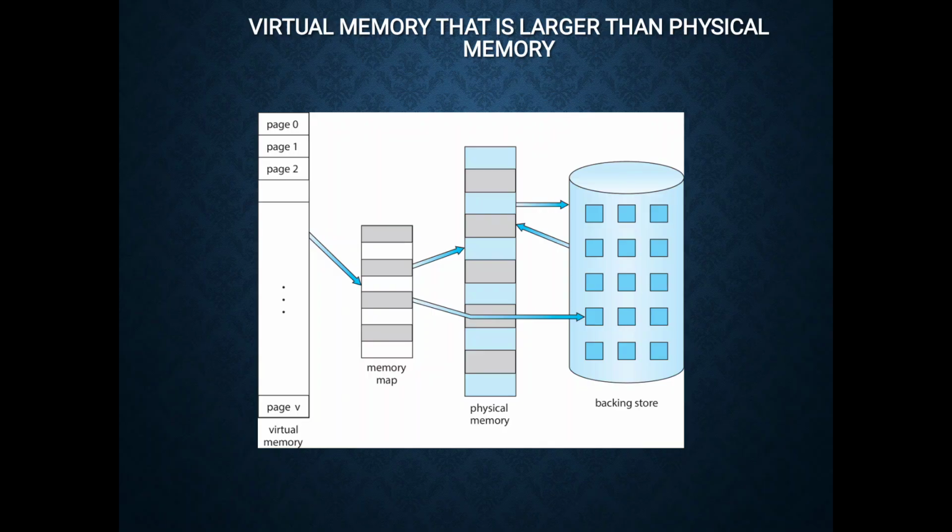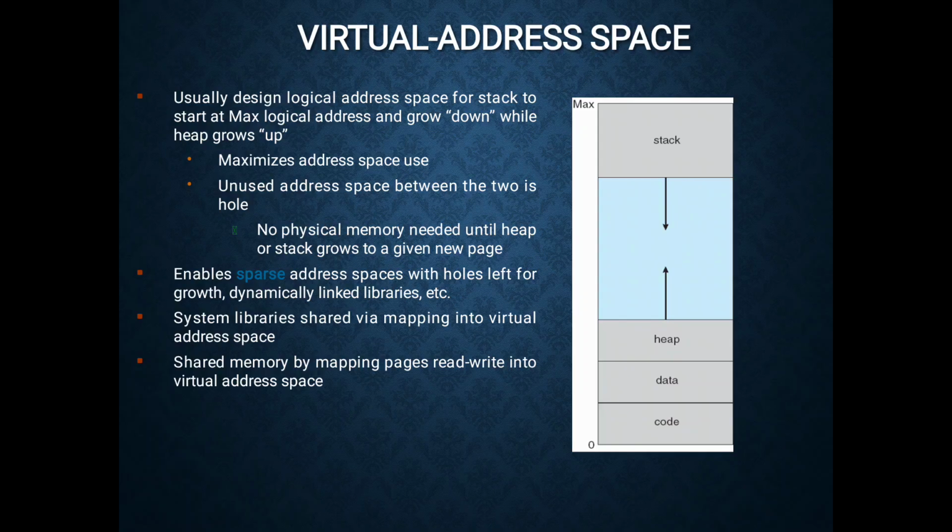The virtual memory that is larger than the physical memory can be explained here. The virtual memory space is larger, so it is used to reduce the execution time. The physical data are captured from the main memory for processing. At that time, the frequently used data are mapped from the backup storage to the virtual memory for easy access. The virtual address space is usually designed with the logical address space for the stack